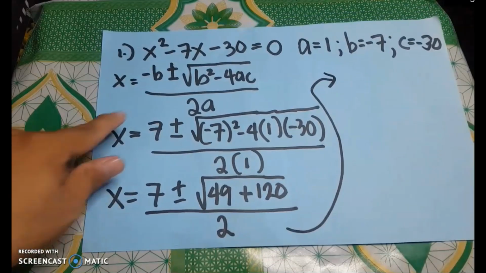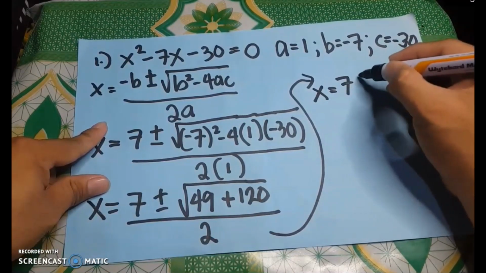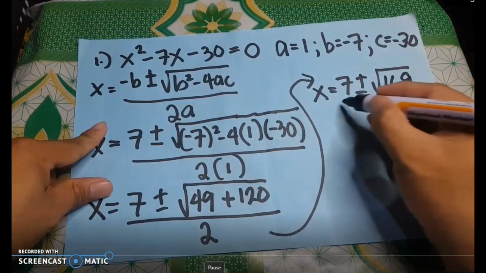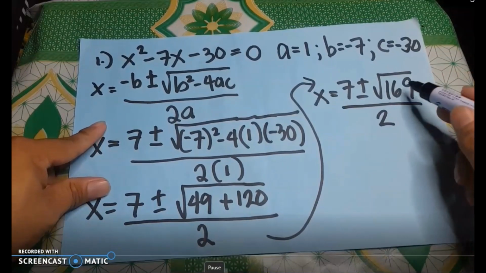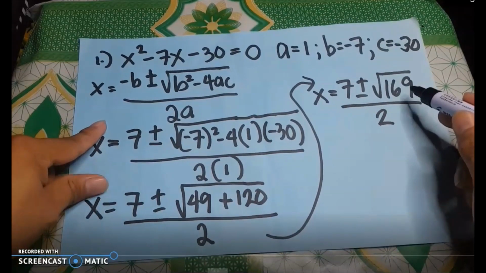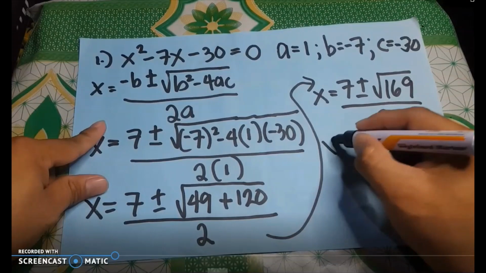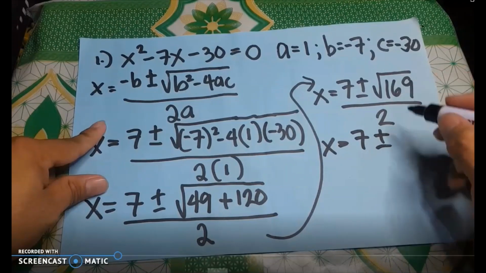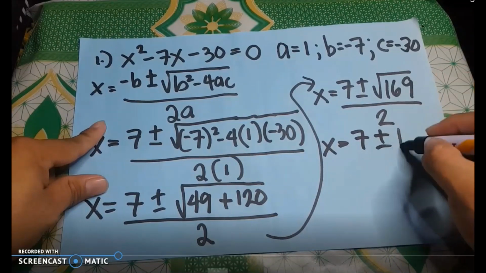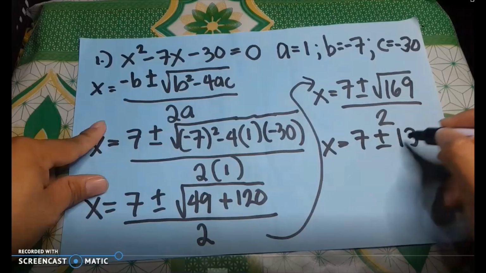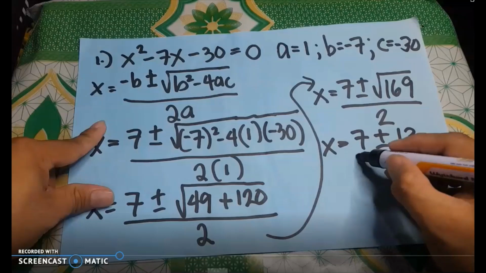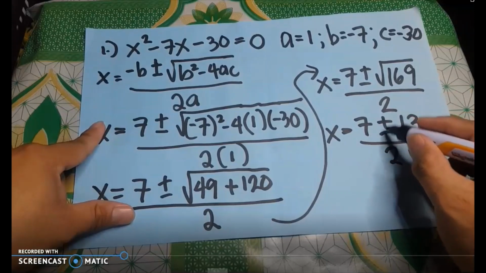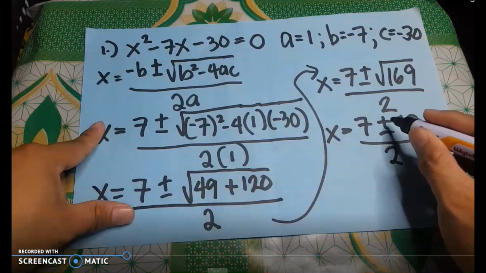Let's continue it here. So we come up with x is equal to 7 plus or minus the square root of 49 plus 120, that is 169, all over 2. 169 is a perfect square. So the square root of 169 is 13. So x is equal to 7 plus or minus 13, then all over 2. Then, since we do a plus or minus here, we can come up with